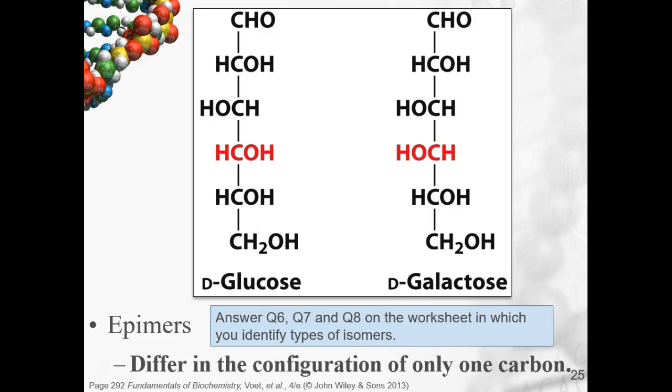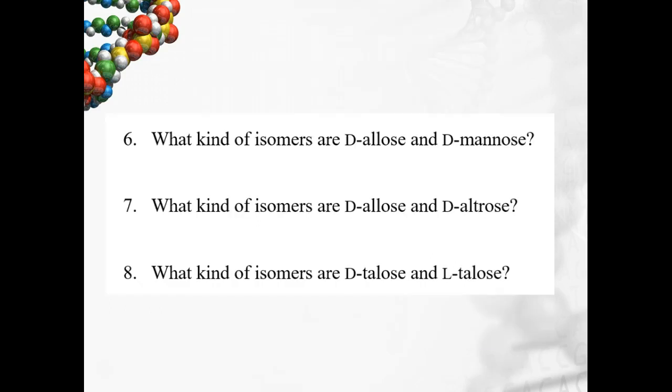in which you identify the type of isomers that I gave you. I've just provided a screenshot of the sugars that are on your handout. What you should do is roll the tape back and look at the structures and determine the type of isomers, and then pause and come back when you've figured out what kind of isomers they